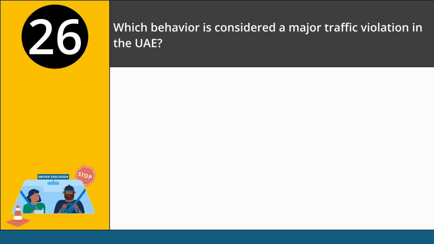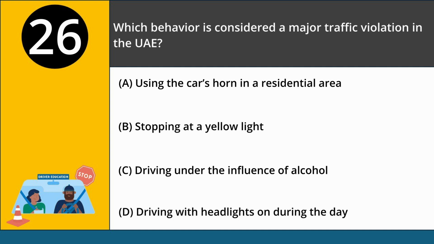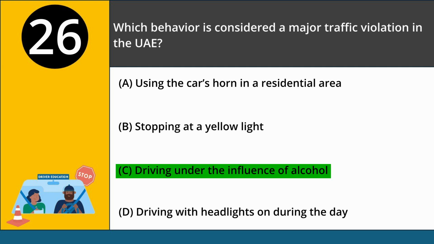Which behavior is considered a major traffic violation in the UAE? A. Using the car's horn in a residential area. B. Stopping at a yellow light. C. Driving under the influence of alcohol. D. Driving with headlights on during the day. Answer. C. Drunk driving is a serious offence with severe